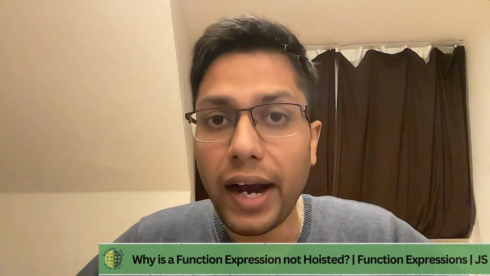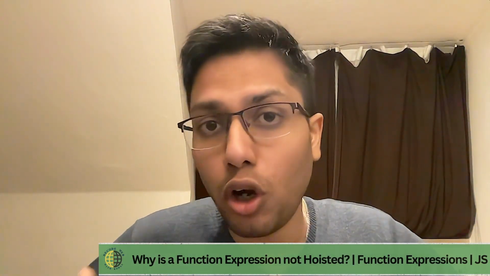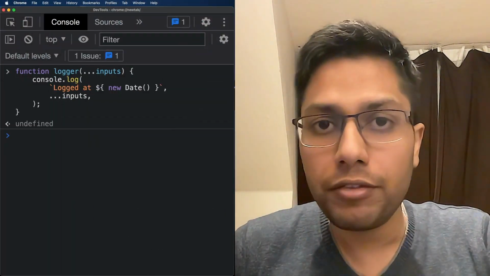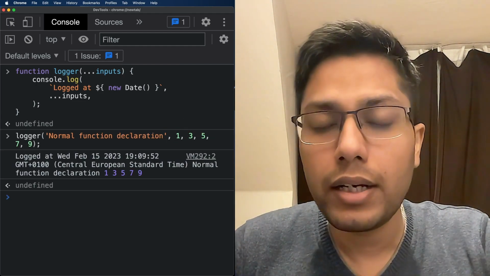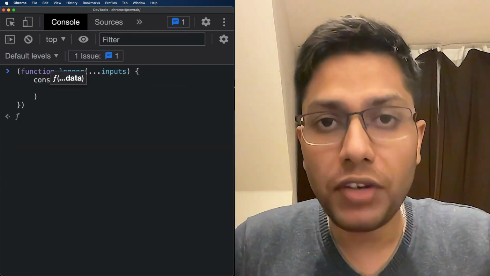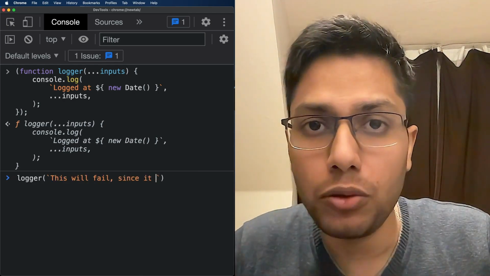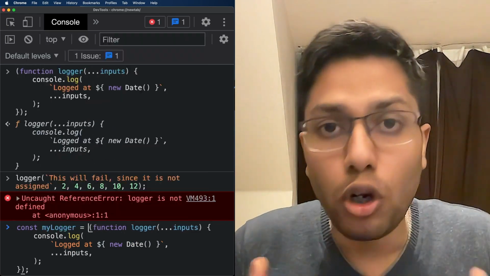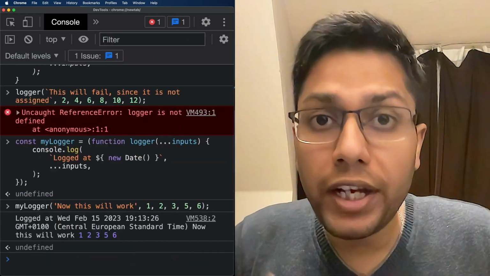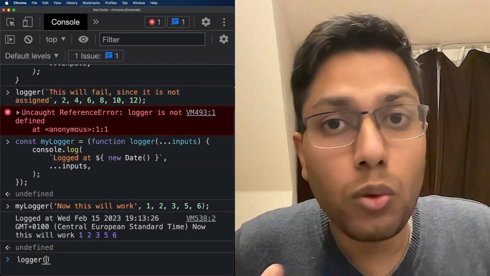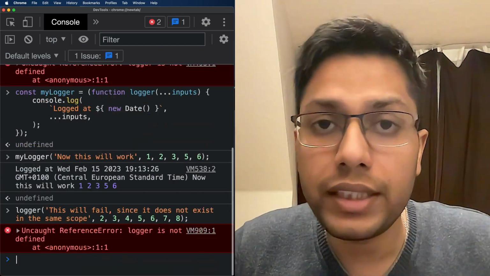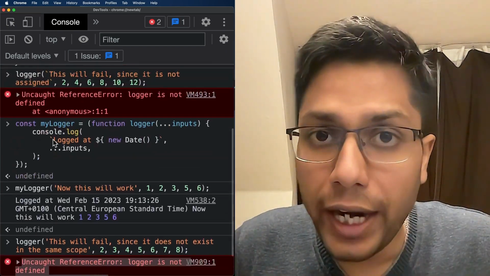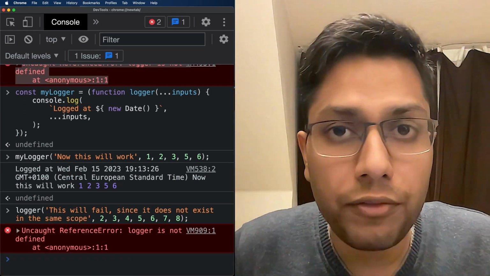Why is it that a function expression is not hoisted? Why does it need to be assigned to a variable first to use it? Okay, let's declare a function with a name and a body, but put it inside parentheses. This function declaration immediately becomes a value, and any value or expression is not hoisted by the JS interpreter. Not only that, the current scope has no way to access it without assigning it to a variable. That is why even though it is a named function expression, if we try to run it using its name, it will throw a reference error.